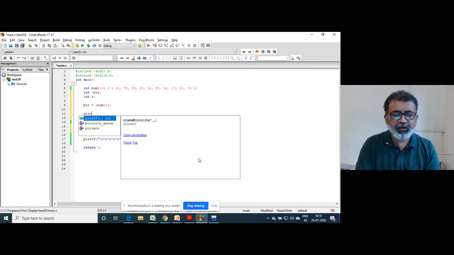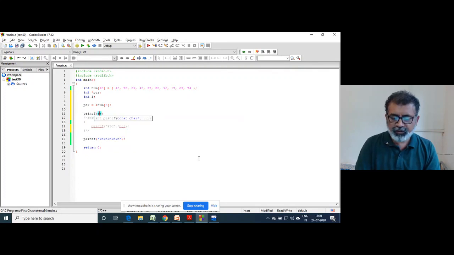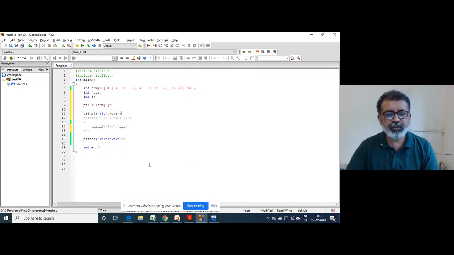I'll write here printf percent 5d and comma. I have stored the address of the first element in ptr, so I will write star ptr. That's it. I'm not writing anything else, right?